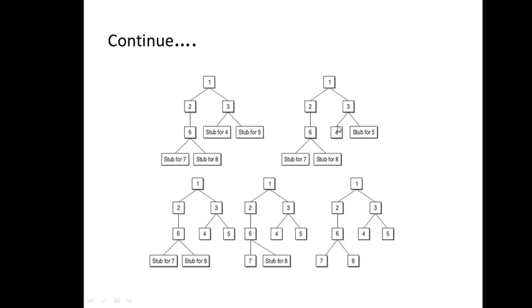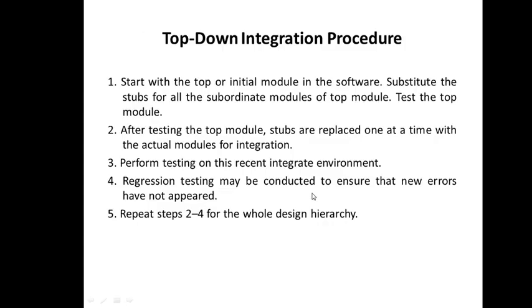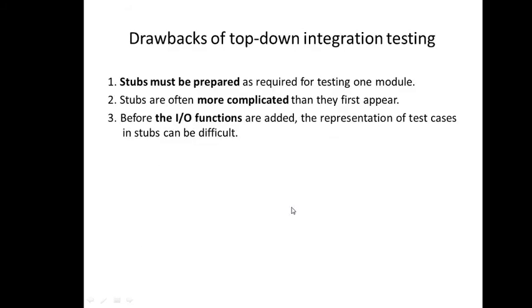Now 4, you test it, right? There is nothing below 4, so nothing will be taken. Then 5 is stub for 5. Now you test it, replace it with the original module and integrate and test it. Nothing below 5. Similarly, now take the 7 one, replace this stub. Original 7 will be taken, nothing below this. Then 8, take the 8 one, nothing below this. So this is how top-down approach proceeds. So this is what is given here, and we keep on repeating this step until all modules are added. So this was your top-down.